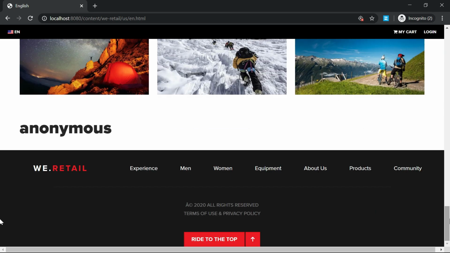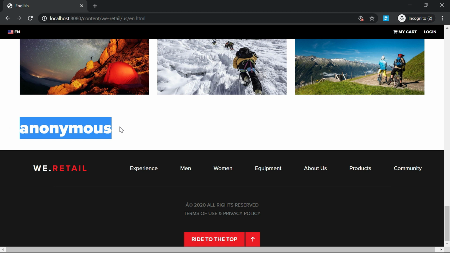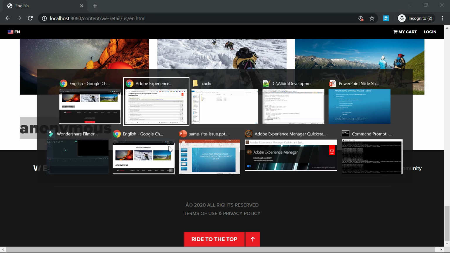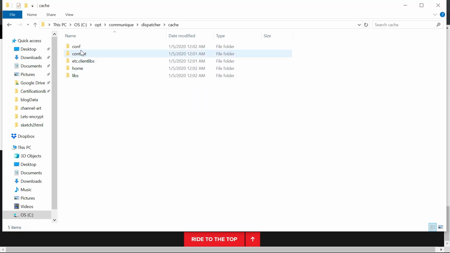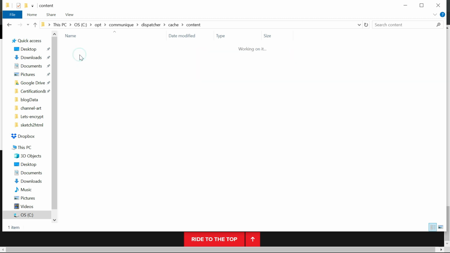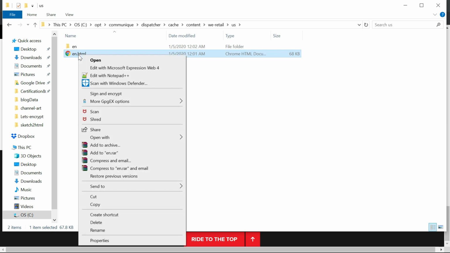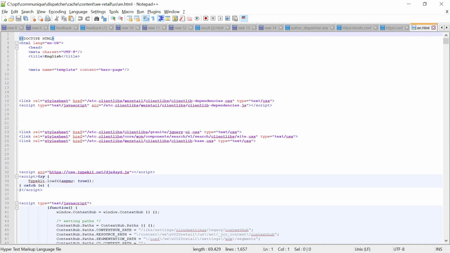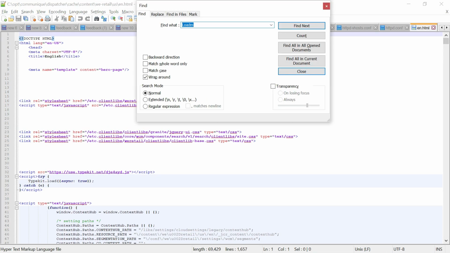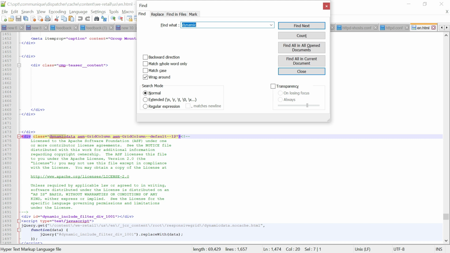Okay, now if you see here, I'm seeing the user ID as anonymous because I did not log in. So now what I will do is go to the cache folder, go into the content, we retail us, then en.html, just to search for include, maybe dynamic data. Yeah, so if you see your dynamic data,